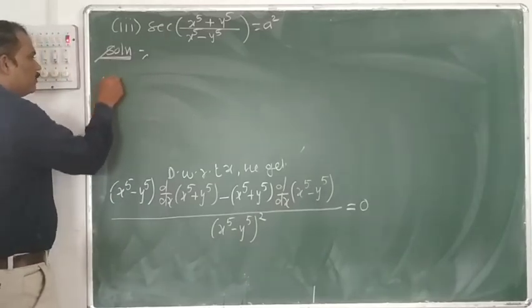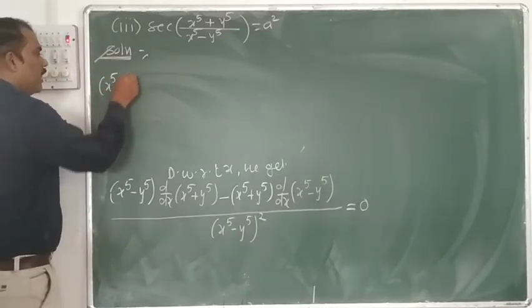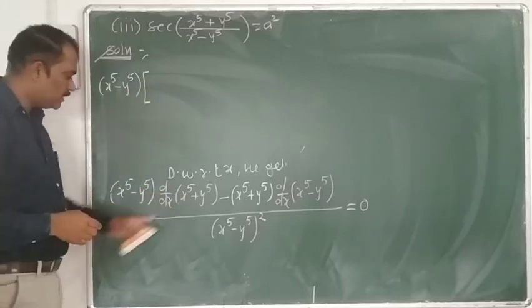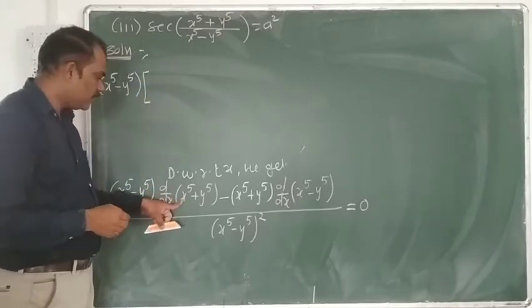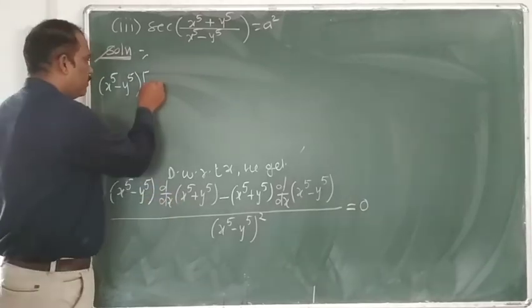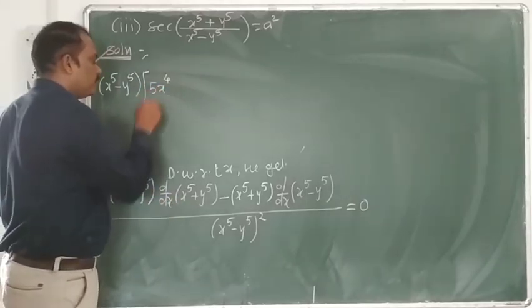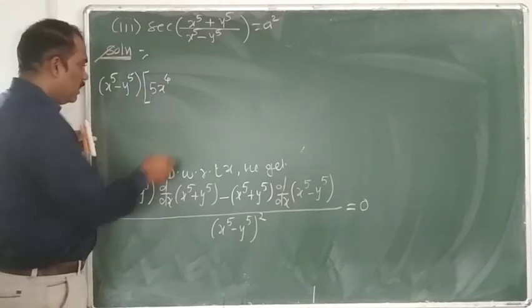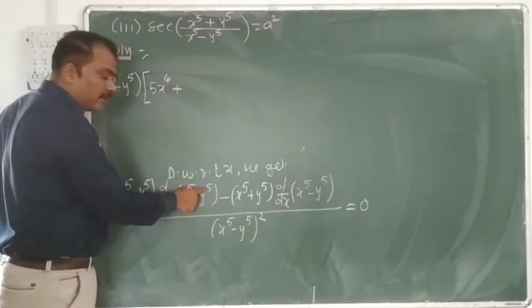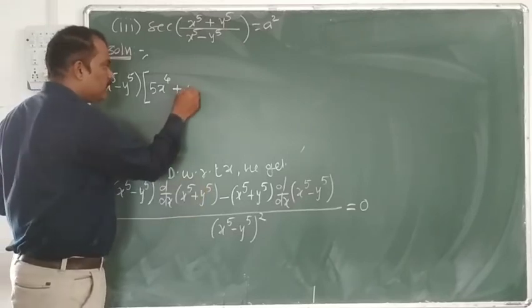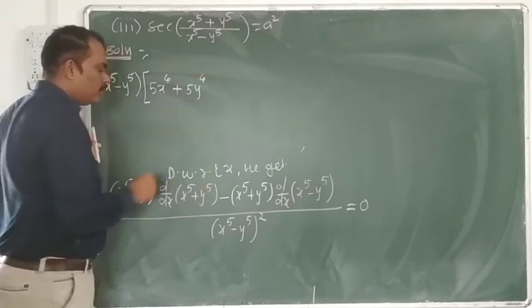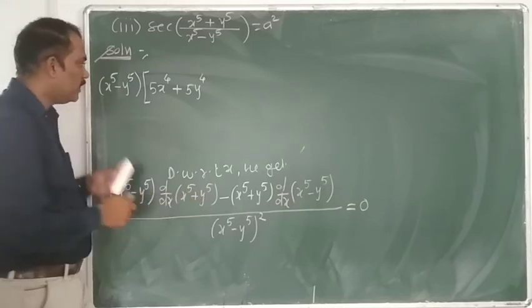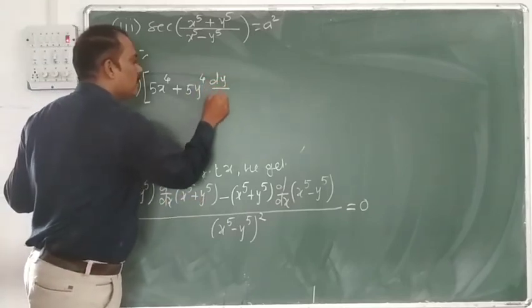x raised to 5 minus y raised to 5 into bracket. Now we have to take the derivative of this bracket. First we take the derivative of x raised to 5 by using the power function formula: 5 times x raised to 4. We take the power as it is, and from the power we subtract 1. Plus, first we keep the finger on the power, that is 5. We take the power as it is, from the power we subtract 1, into the derivative of y with respect to x, which is nothing but dy by dx,